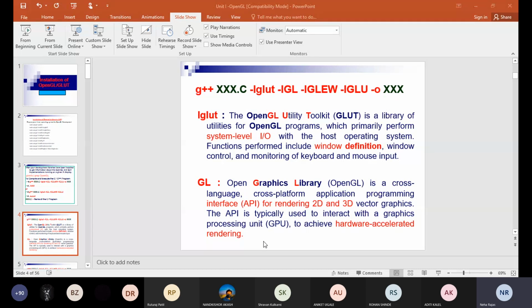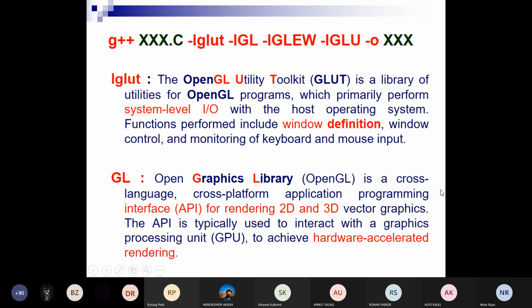Nowadays, when you buy a laptop, you buy a high version of GPU. For what? Because of playing different kinds of games, right? What a GPU does is give you very good rendering of 2D and 3D vector graphics.